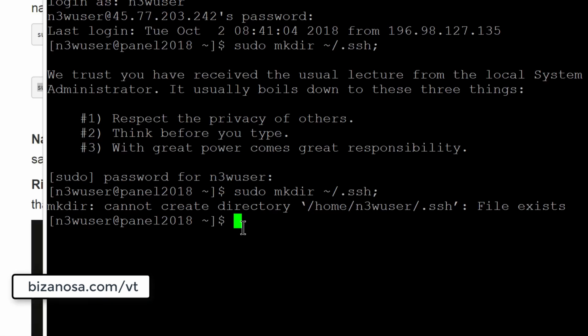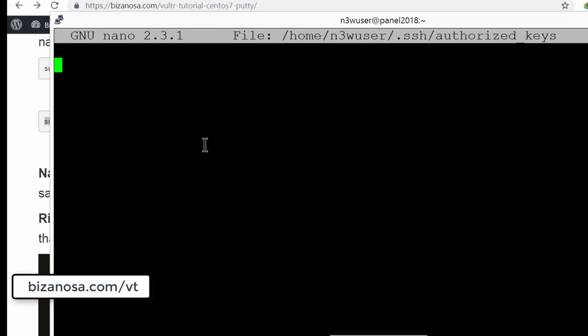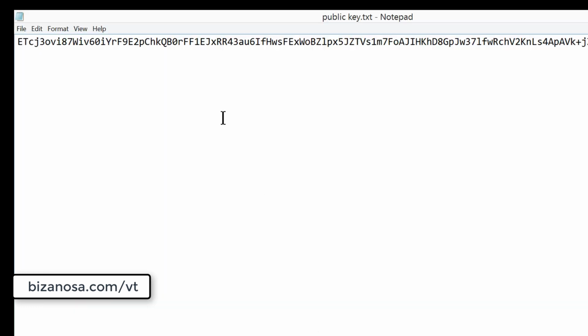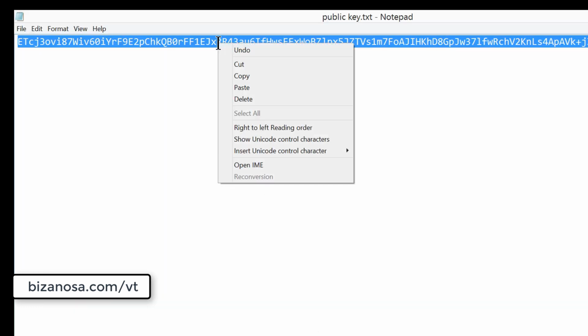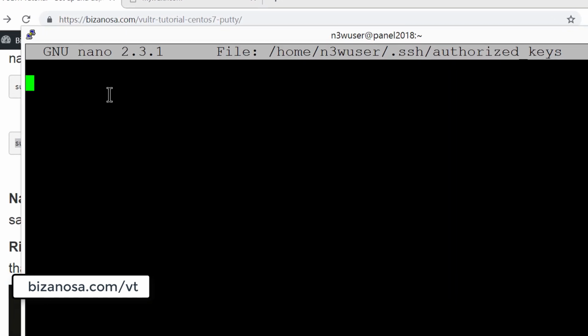So if I come here, I can just do the same. I can just paste in that so that it can open this file, and this will allow us to edit the file. You see it's opened a file for us, and inside of this file, we're going to paste in our public SSH keys. Okay, Control A, copy, and